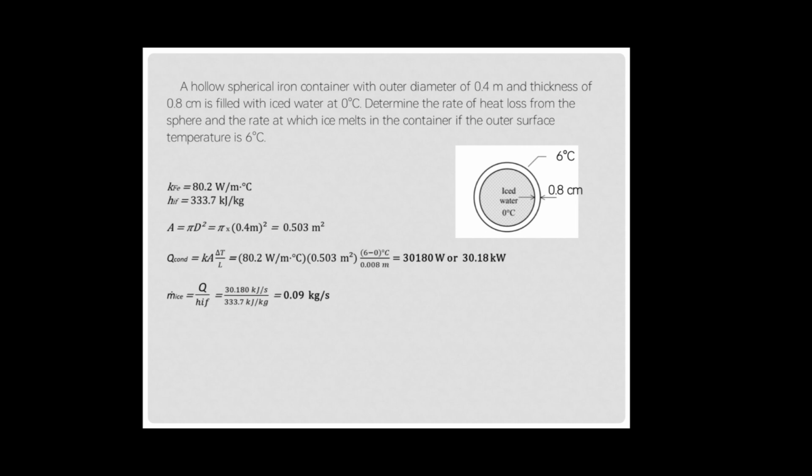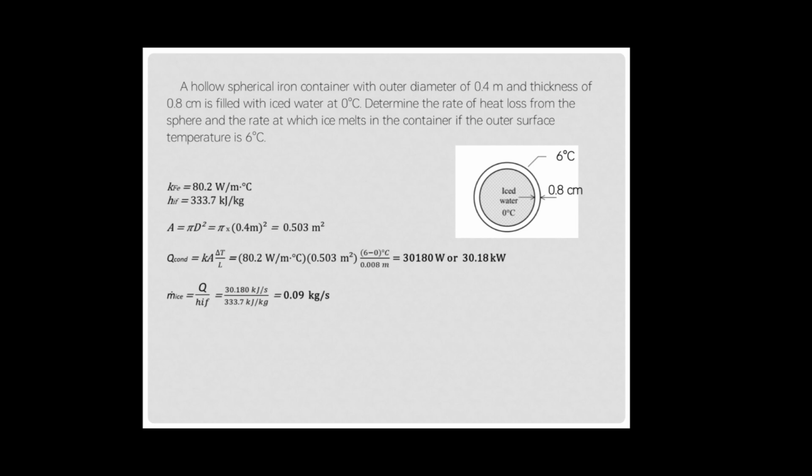Now, the thermal conductivity of iron, k, is equal to 80.2 watts per meter degrees Celsius. And the heat of fusion of water at 1 atmosphere is 333.7 kilojoules per kilogram. Now, this spherical shell can be approximated as a plate of thickness 0.8 centimeters,